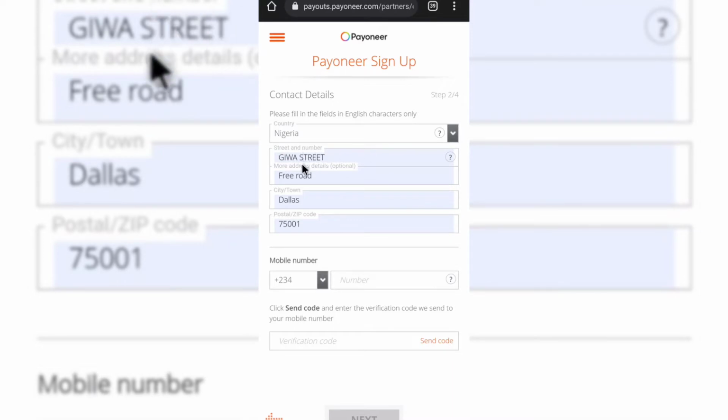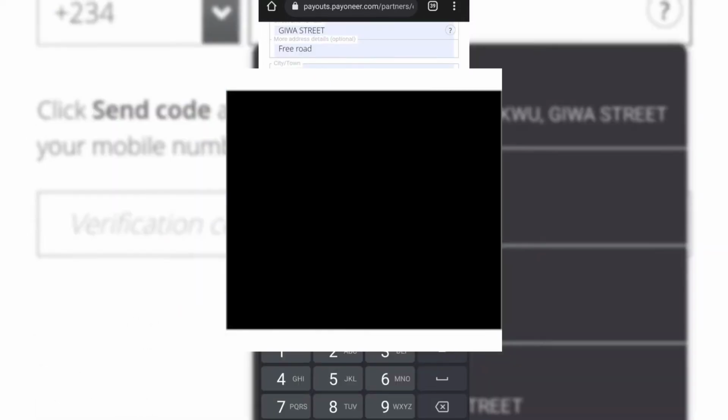Make sure you fill in your street number, your address, put in your city, put in your zip and postal code. So how to get zip and postal code? Just head over to Google and type in your location and add zip code. So if you are staying in Lagos, just write Lagos zip code. So you're going to get it and you're going to come here and post it. So fill in your phone number and